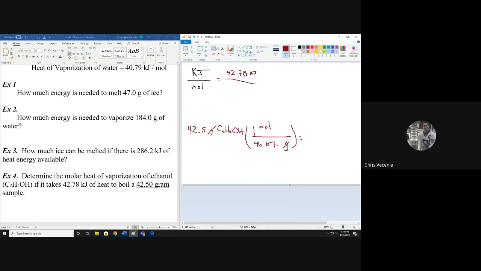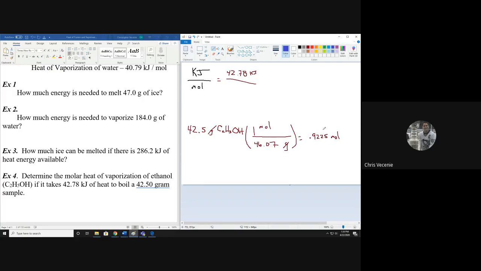Do my division, 42.50. Sorry, I dropped a sig fig on there for you. Divided by 46.07. And we get that there are 0.9225 moles of the ethanol. So to boil 0.9225 moles of ethanol,